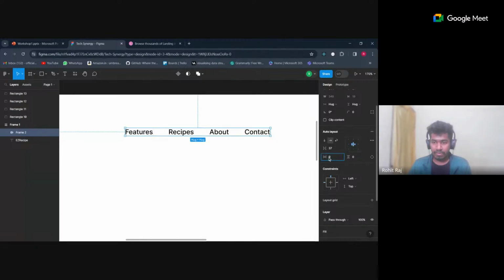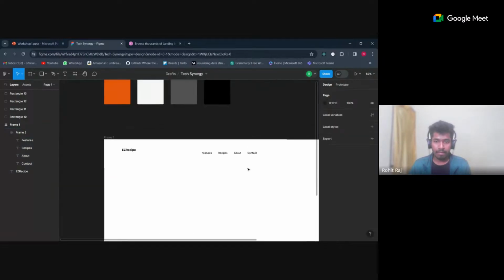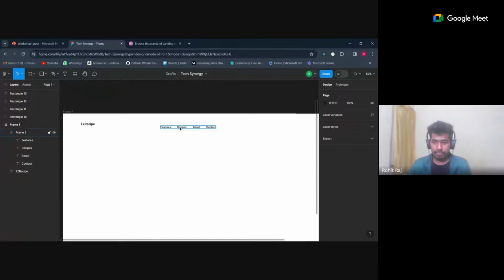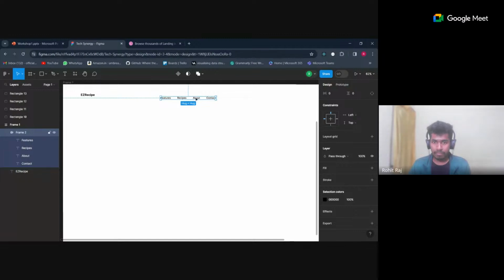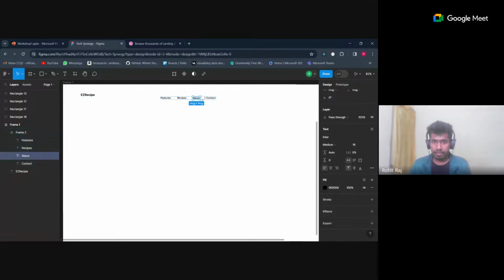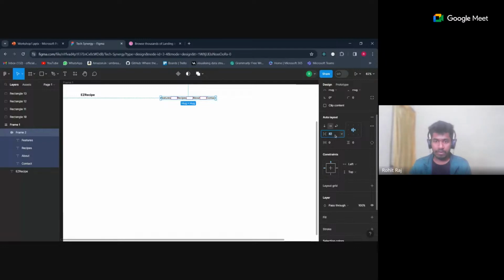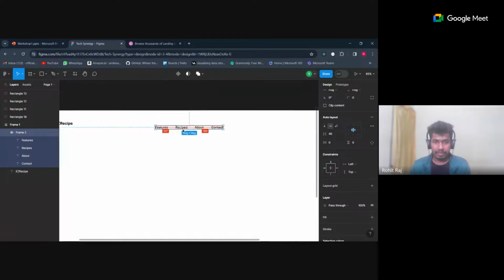We can also set the spacing, and we can also set the horizontal gap between each of these elements. So if I go here, I can drag it, and you see, we can change this horizontal spacing over here. So I think 40, just a second, yeah. I think 40 would be a good number as spacing between each element. And we'll